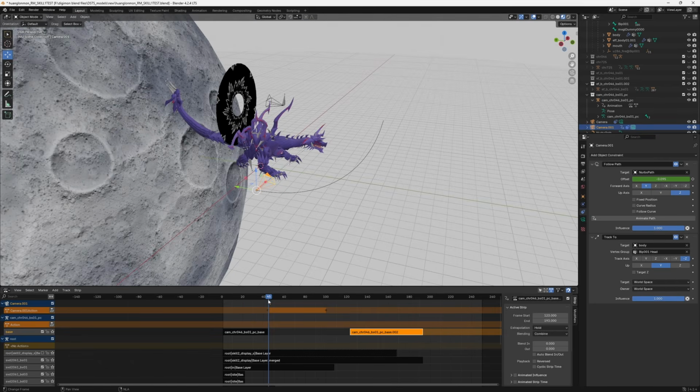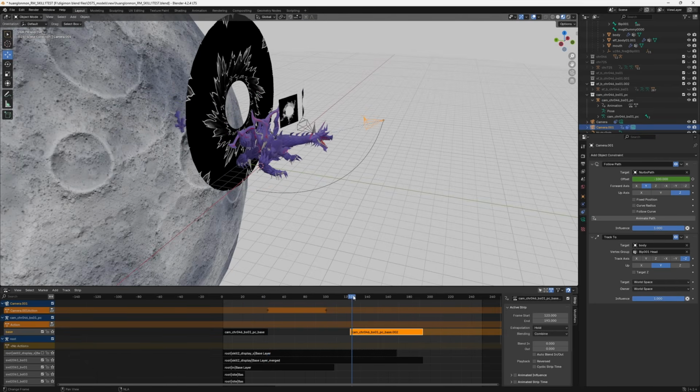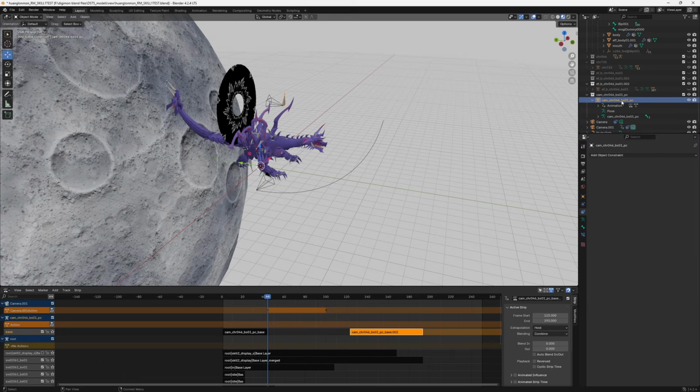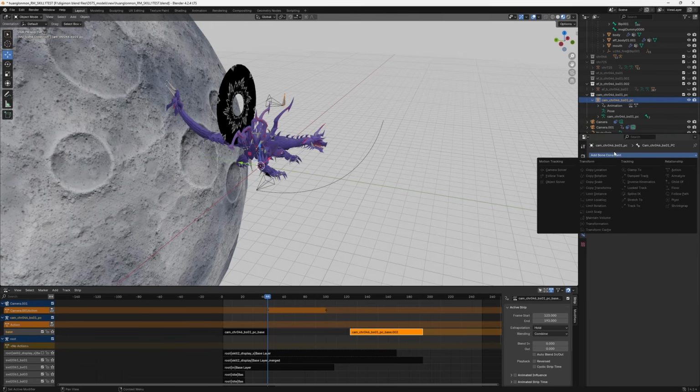Right, so this animates correctly. What we're going to do now is basically transfer this animation from a camera to the bone, which currently handles the camera animation for the regular camera animation of Chronomon DM. You basically have to click on the camera bone this time, go into bone constraints, and add,